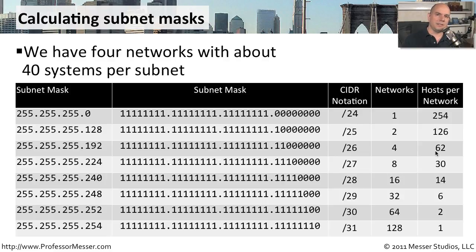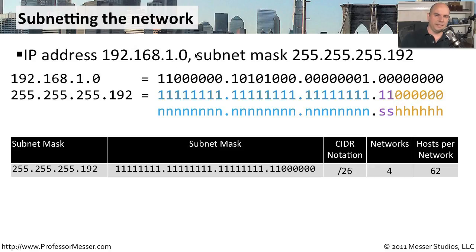Let's go through the process of understanding the calculations of this and how you would figure out what those subnets would be. In this particular case, we've decided on that /26 that happens to be 192.168.1.0. And instead of using the assigned subnet mask of 255.255.255.0, we've changed that 0 to a 192. We essentially added on 2 more bits to the subnet mask,